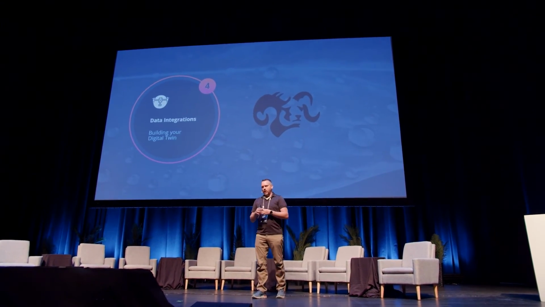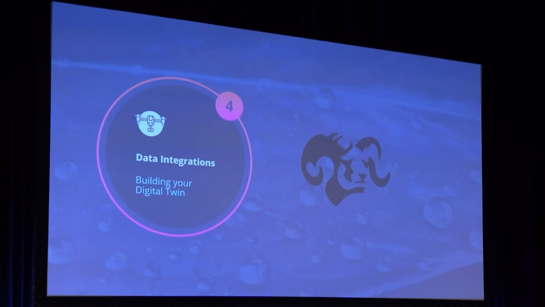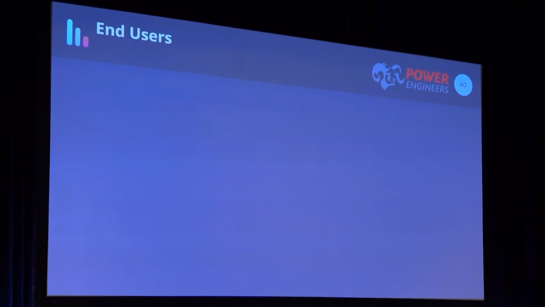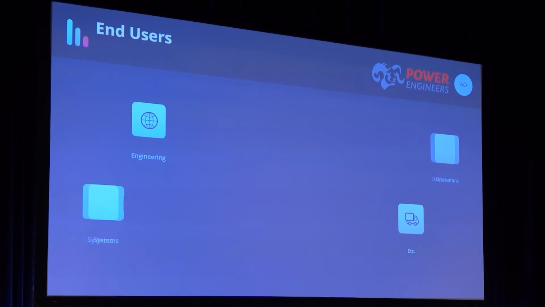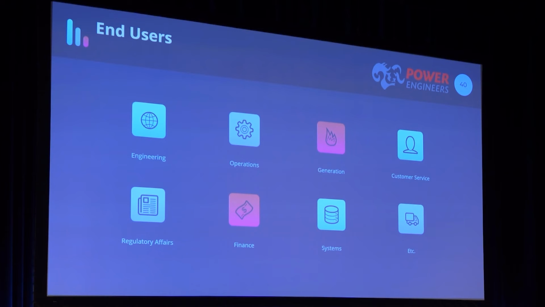If we're managing data well, the next step is integrations with data. And there's been some talk about different integrations as well. One of the important things about a utility is there are lots of different end users and organizations. You have asset management software, outage management software, GIS systems, financial groups, operations groups, regulatory groups, dispatch. So you have all these different components to an organization. They have their own workflow, their own process, their own software, and their own systems. But each one of these parts of the organization has information the other ones can use.